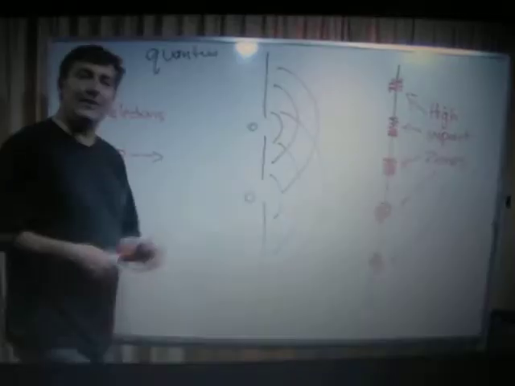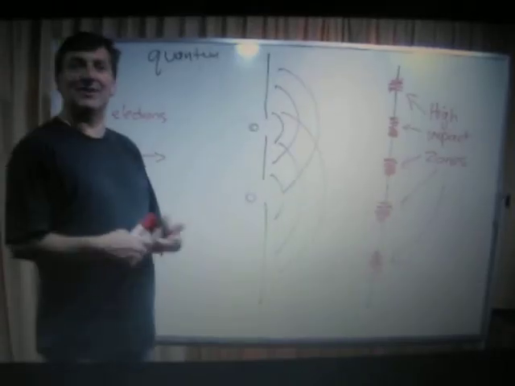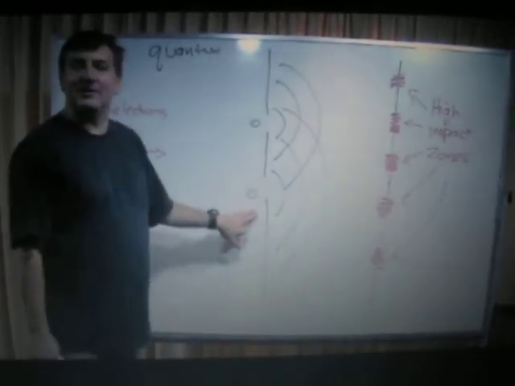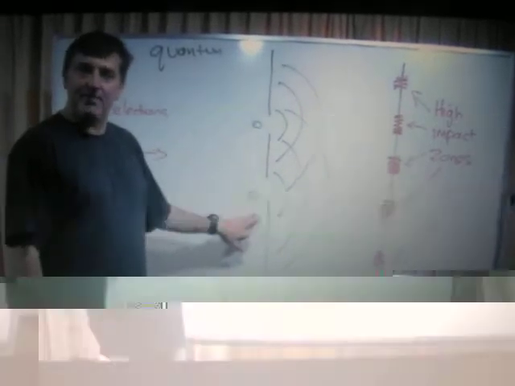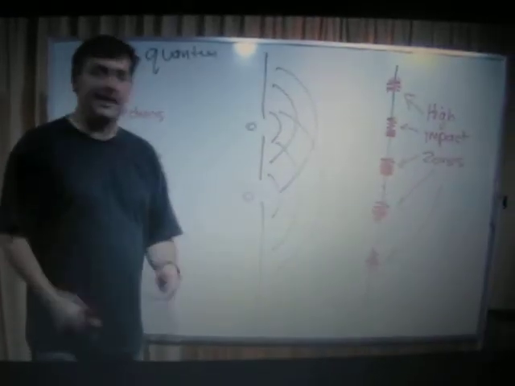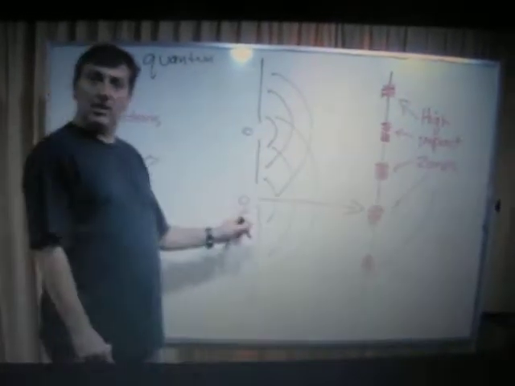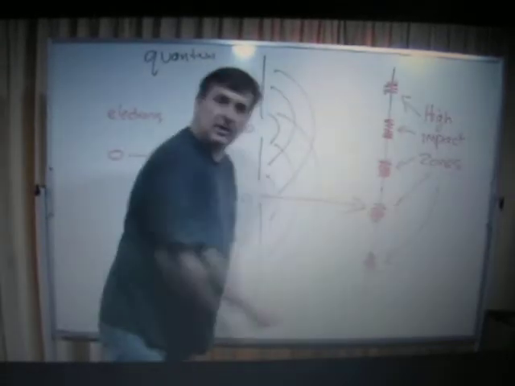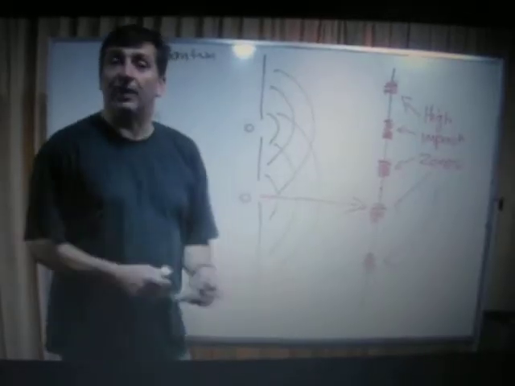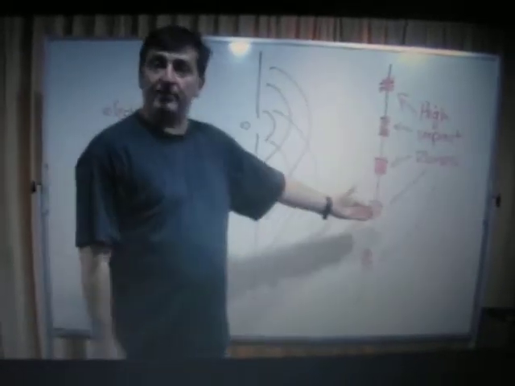Now, in order to see what exactly was going on, of course, scientists being curious, they put a measuring device on one of the holes to see what happened. Now, it got even stranger then. When they put a measuring device on that hole, they found that all the electrons went through that hole, and we ended up with a result similar to as if we were firing a tennis ball through our barrier.